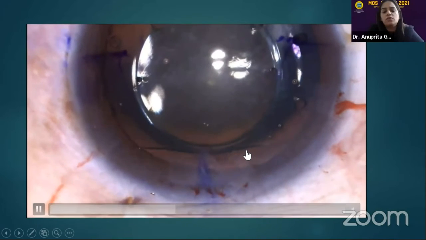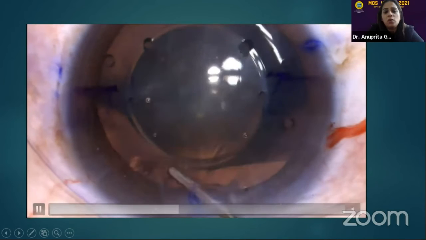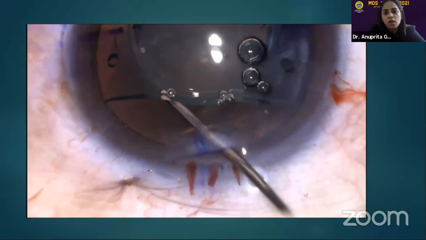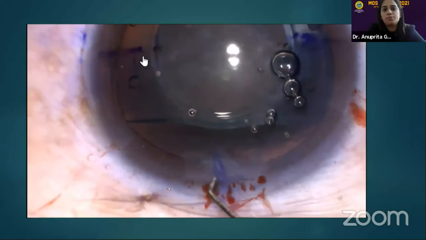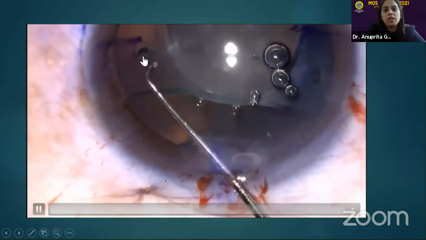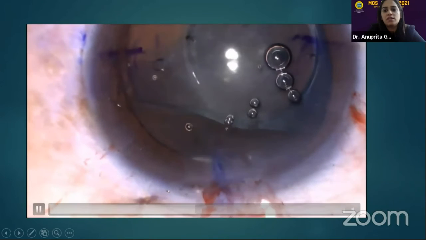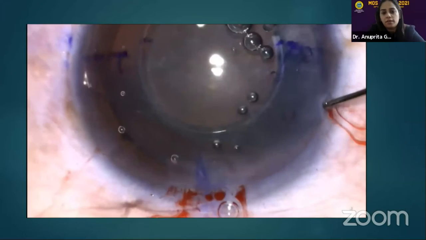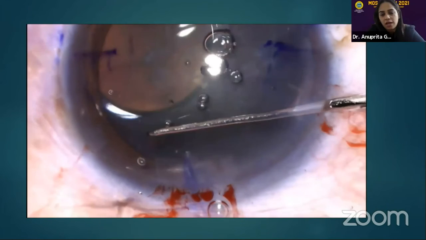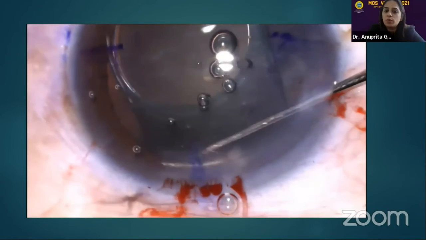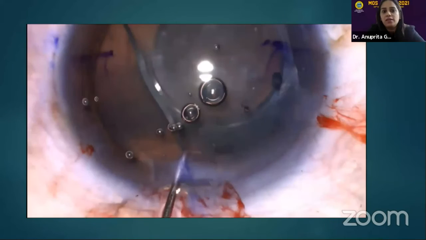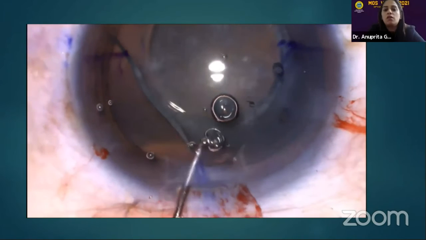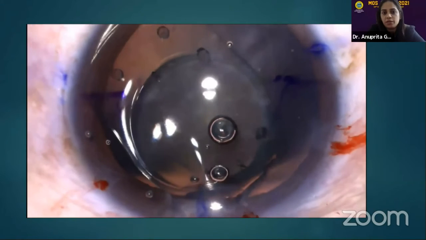Okay, so the internal incision is 3 mm, and now we are injecting Viscoat over, and then we injected a cohesive visco beneath the lens, and now we are manipulating the lens outside the sulcus. Here we are using a Sinskey hook, but I found that in later cases the iris repositor or the lens manipulator is better, because in one case I just ruptured the anterior capsule. So I think the iris repositor is better than the Sinskey hook.